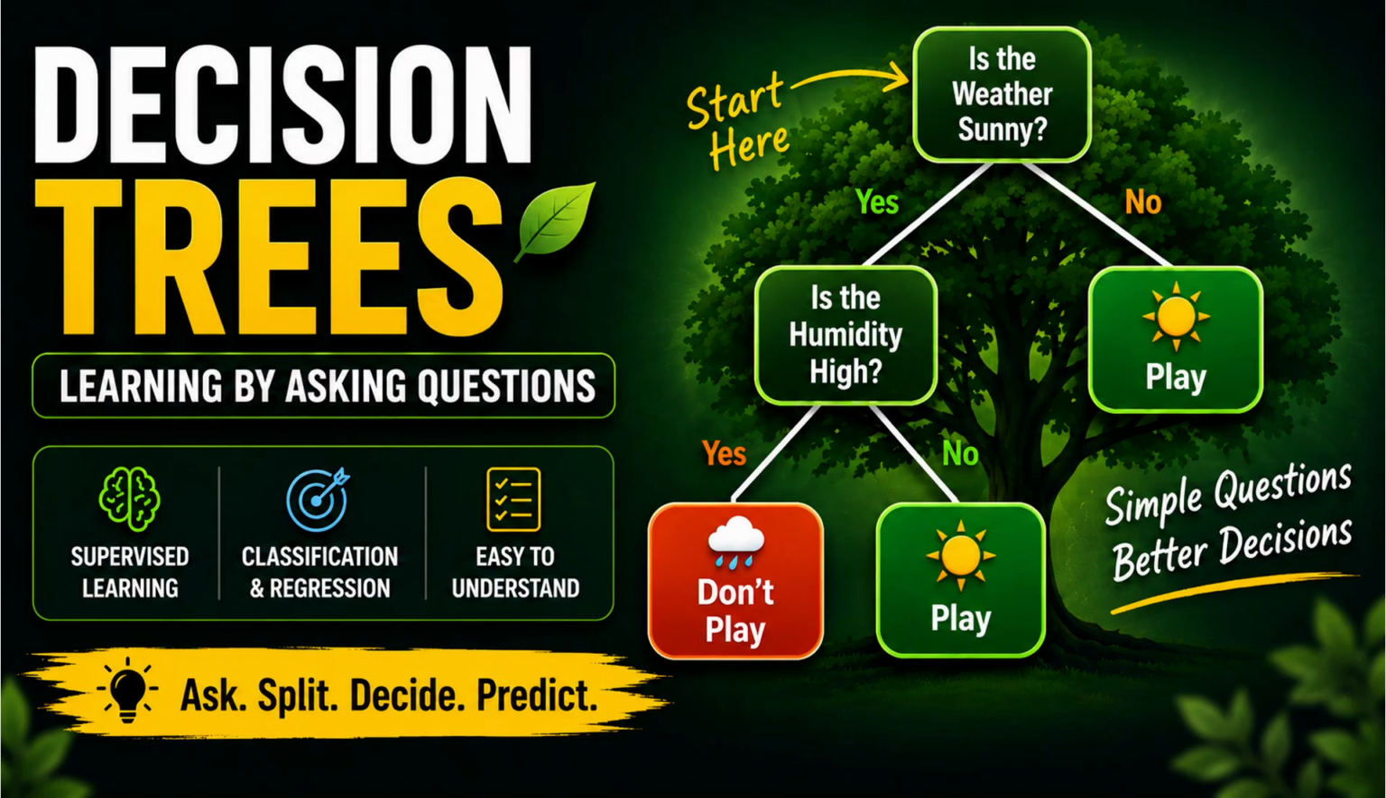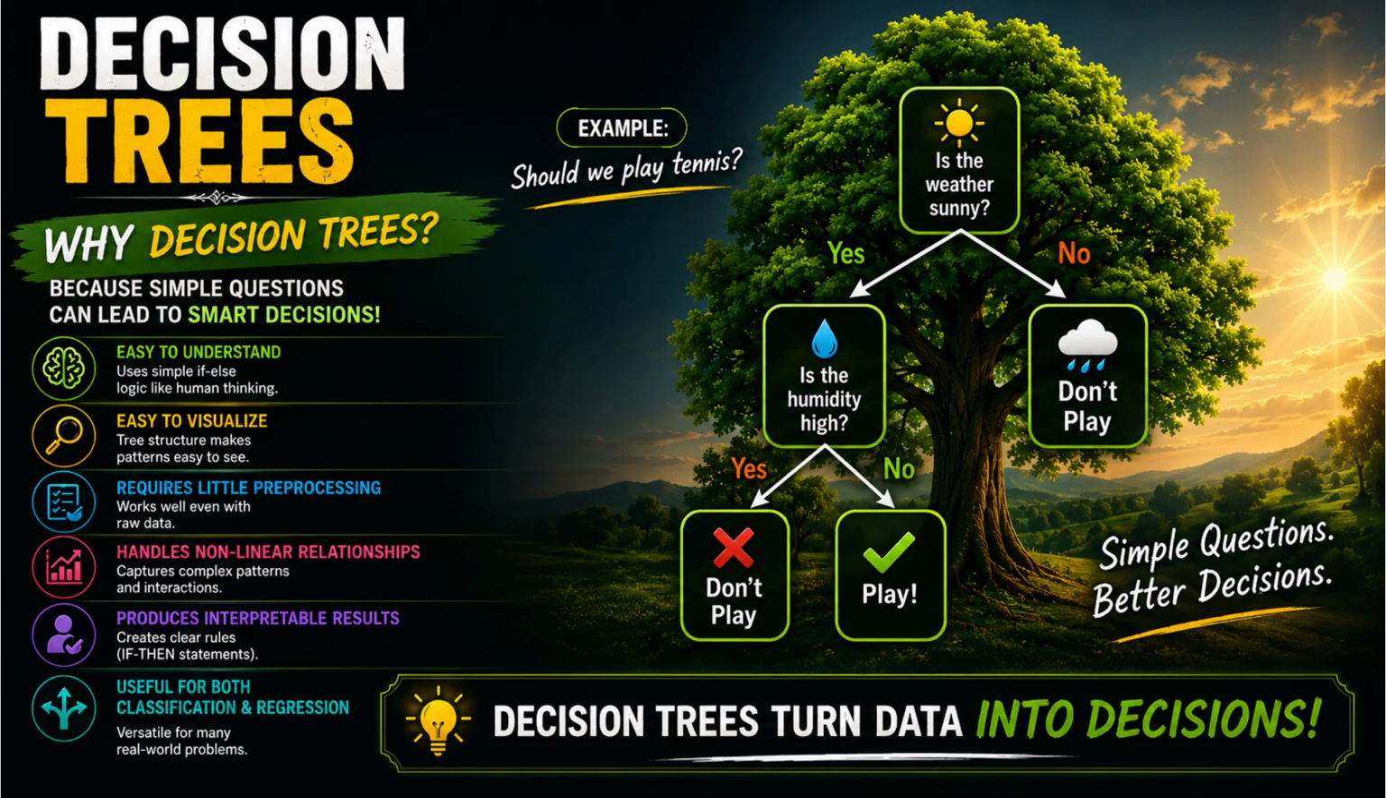So first, let us understand what a decision tree is. Decision tree is actually learning by asking questions like, is the weather sunny? Yes or no, like that. So it's a supervised learning. It can be used for both classification and regression, and it's very easy to understand. So ask, split, decide, and then predict. So why decision trees? Because simple questions can lead to smart decisions. So easy to understand, easy to visualize, requires little pre-processing, handles non-linear relationships, produces interpretable results, and useful for both